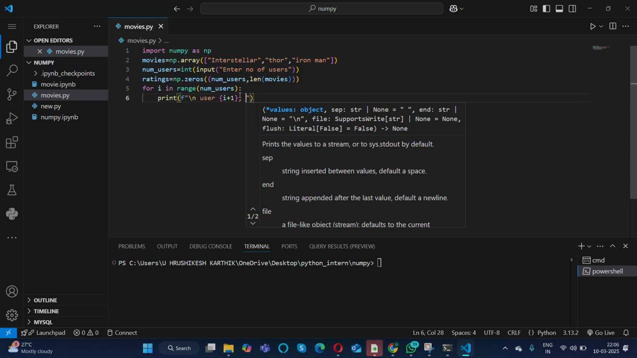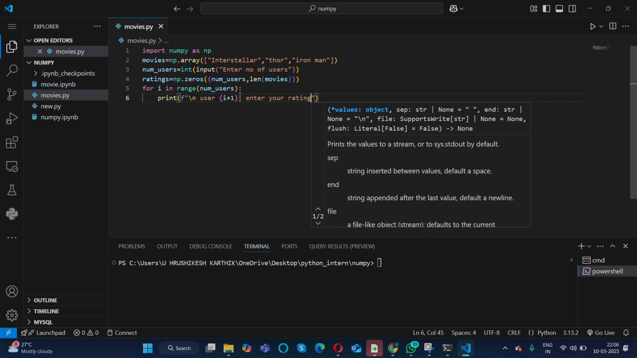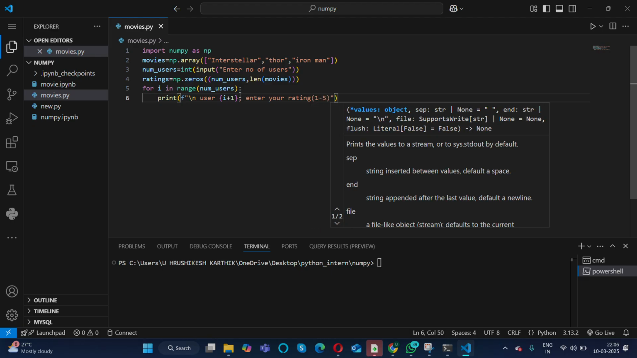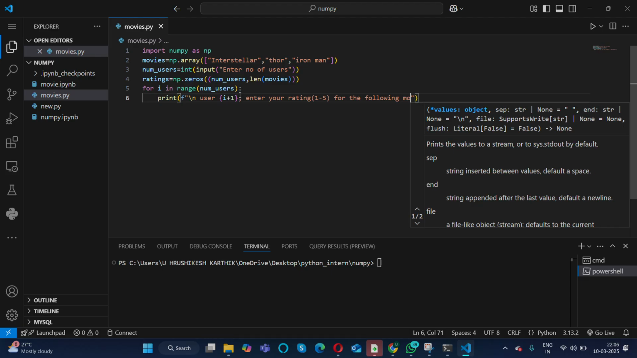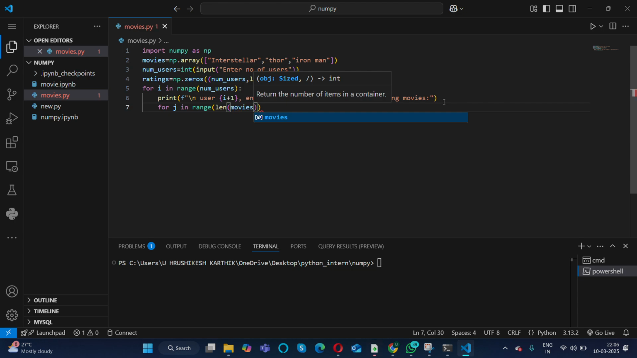Okay, enter your rating 1 to 5. Leave a range 1 to 5 for the following movies I'm taking from each user. So I should also display the movies, right? So for that I loop through the movies. For j in range, length of movies,